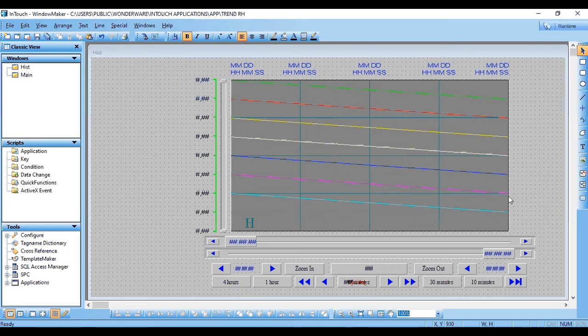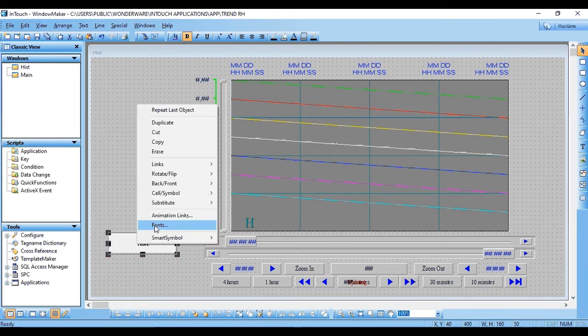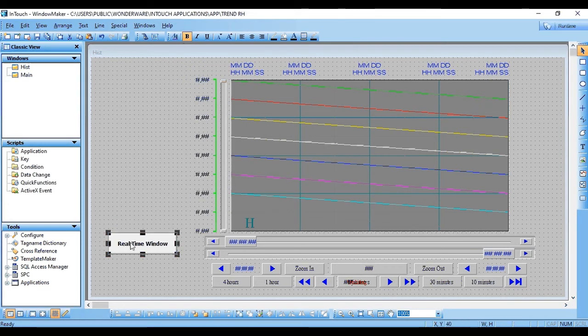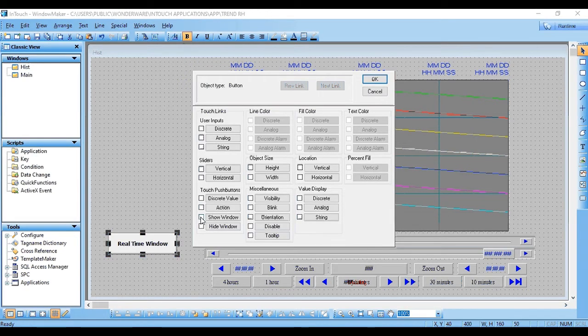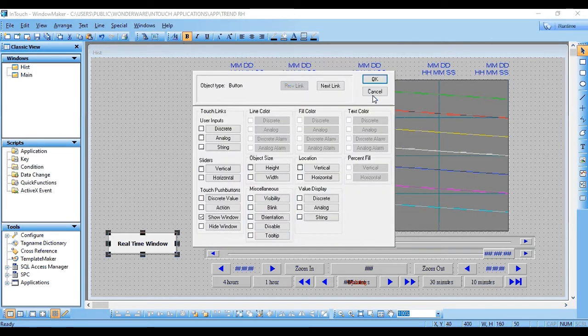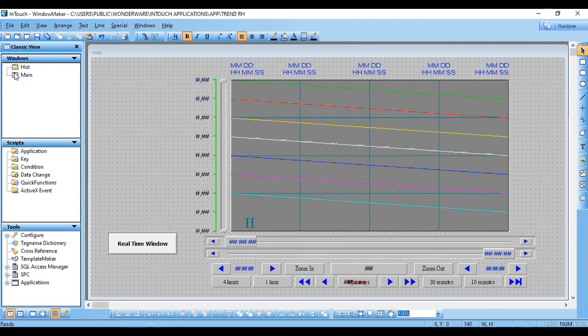Okay, let me take one button to move to our previous window, the main window. Assign it to show window and select our main window. Simple.